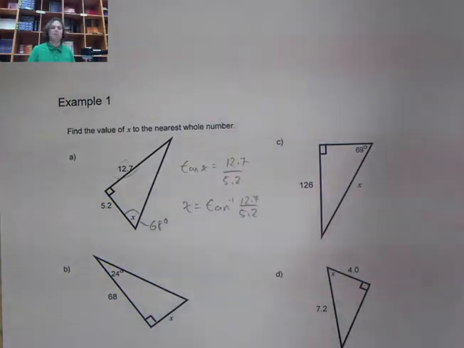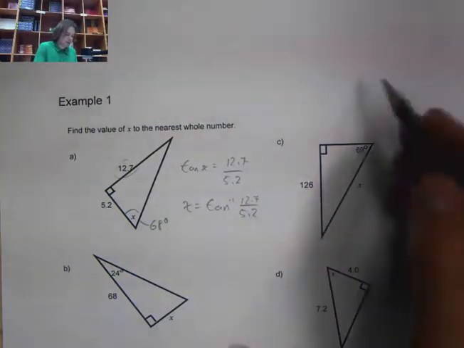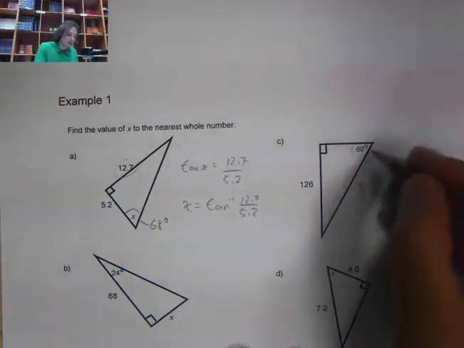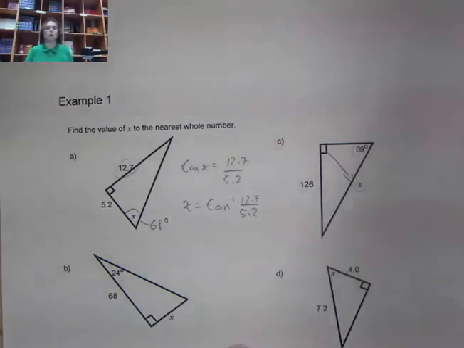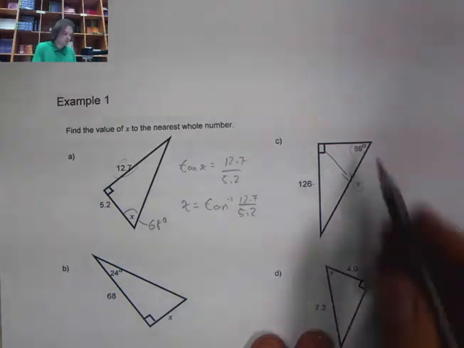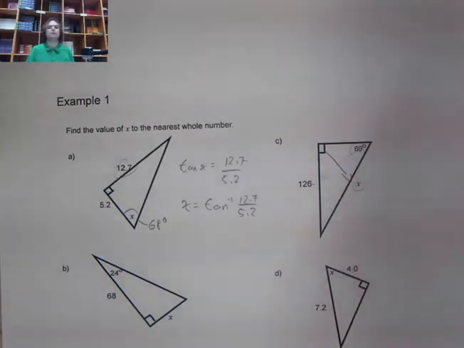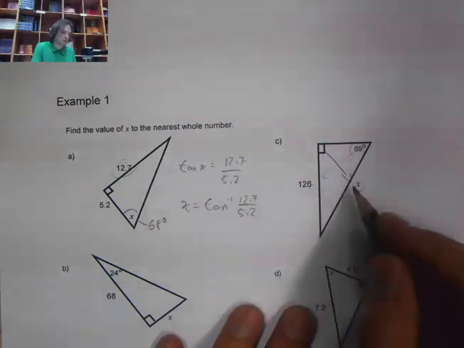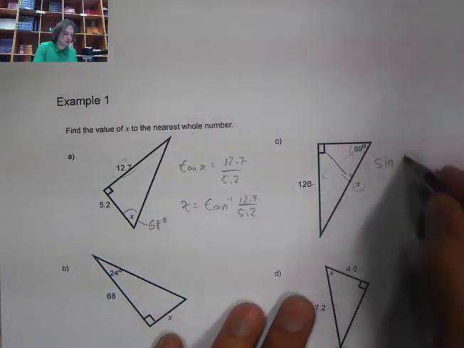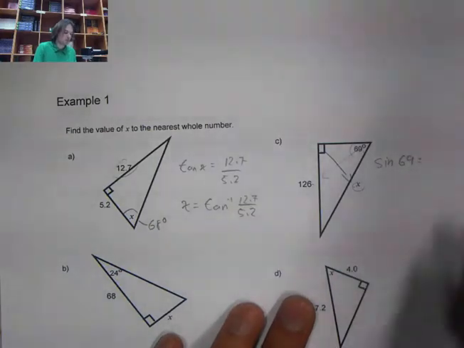Now let's take a look at my next one here. We know the angle, but what we don't know is the side. x is a side, and in this case it is the hypotenuse, because it's opposite to the right angle. I know my opposite. So if I know the opposite and I want to find the hypotenuse, I'm going to have to use sine. So sine 69 is equal to